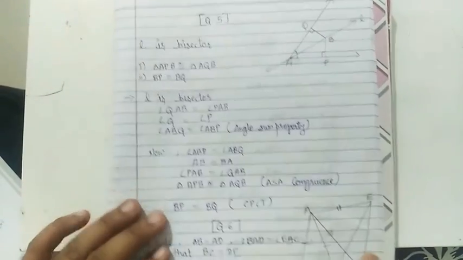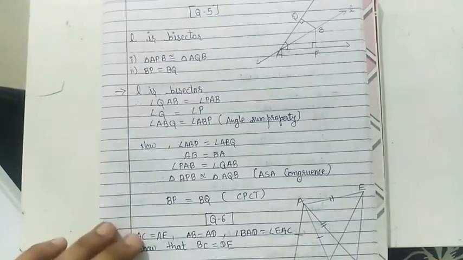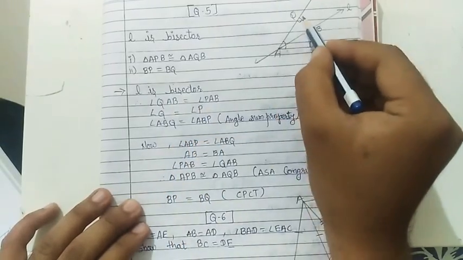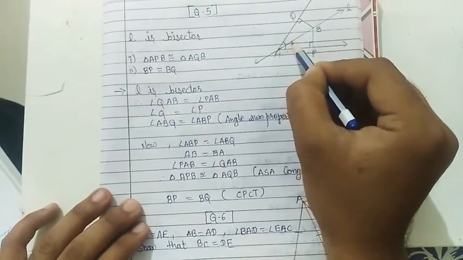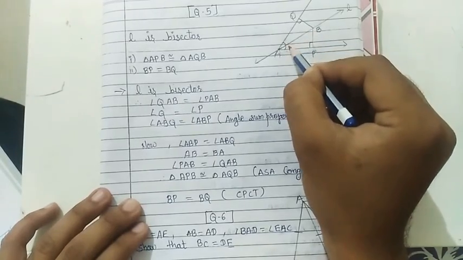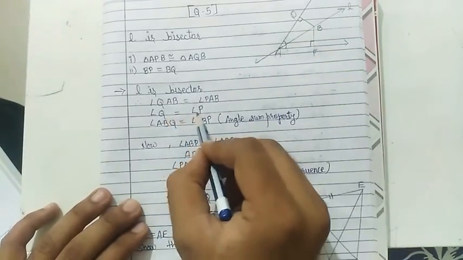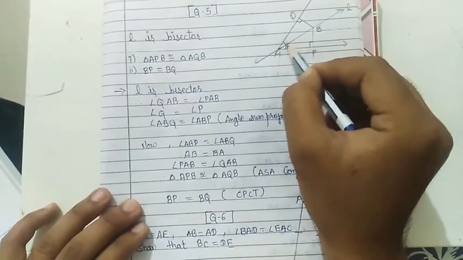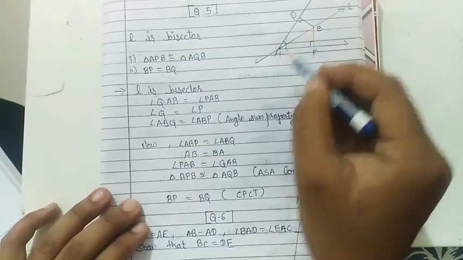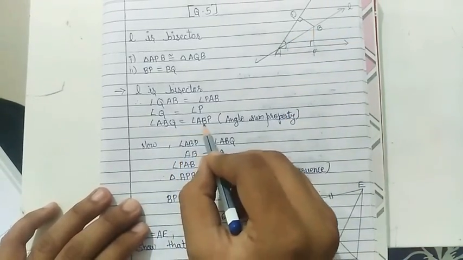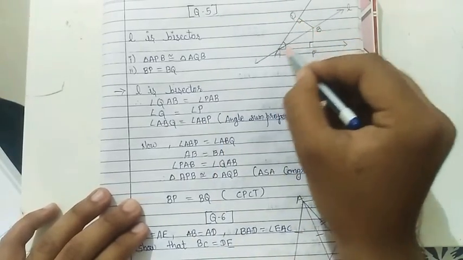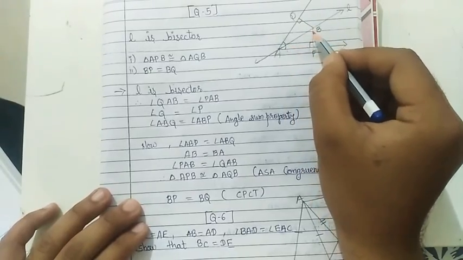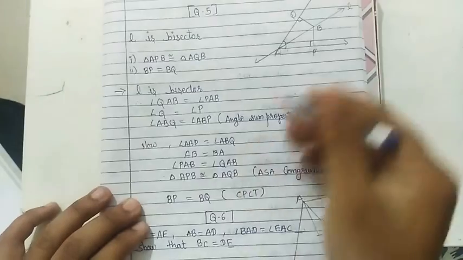Very easy. First of all, it is given that L is a bisector. So first of all we can write that angle QAB and angle PAB, this angle and this angle, are the same because L is a bisector. Now angle Q is equal to angle P, because both are right angles. So in both triangles, two angles are the same. And now triangles ABQ and ABP are the same because these two angles are the same, so the third angles are also the same according to the angle sum property. So all three angles are the same.